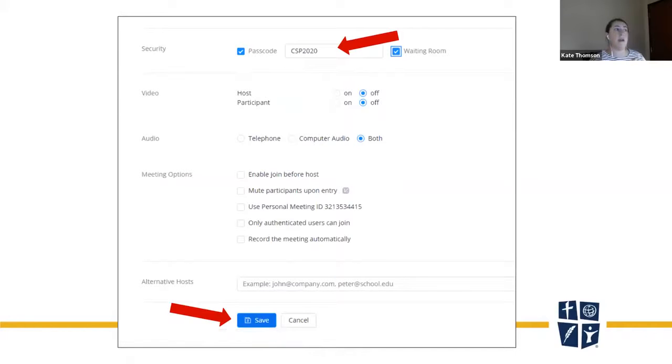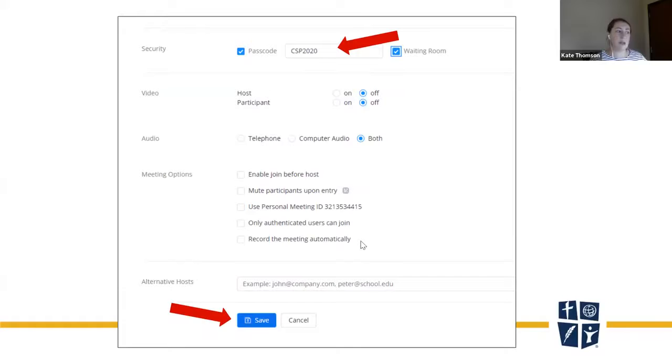Security, again, a password and a waiting room are required. We suggest making the passcode something really easy for your students to remember. If you're in KHS 110, maybe make the password KHS 110, up to you. You can choose if you would like the host and the participant to enter with their video on or off, and whether you're allowing people to join with their telephone or computer audio.